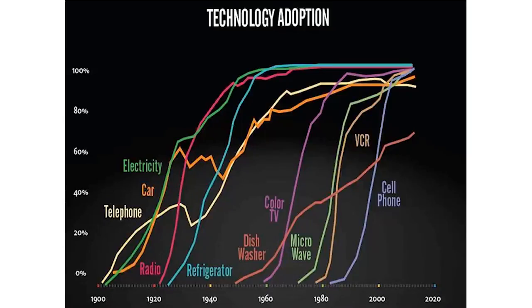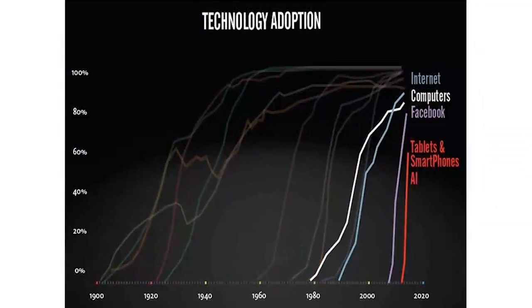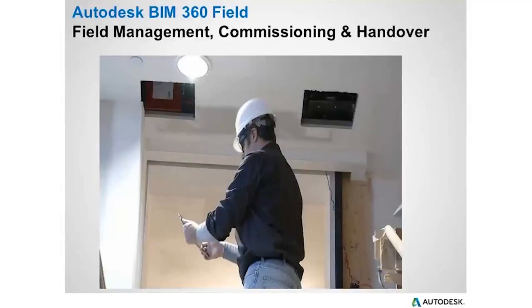I totally get it. But if we keep going to the very end of this chart, take a look at the last 20 years, even the last 10 years, and how fast people adopted things like Facebook and tablets and smartphones. I'll pull that out so you can see that even more clearly. Now people adopt technology very, very quickly. They expect a lot out of their technology. And they don't wait for someone else to buy these products first. They just jump in with both feet. So technology adoption has really changed a lot.